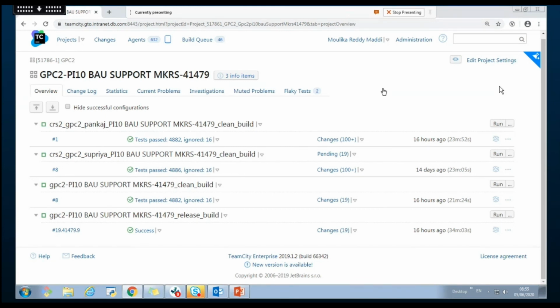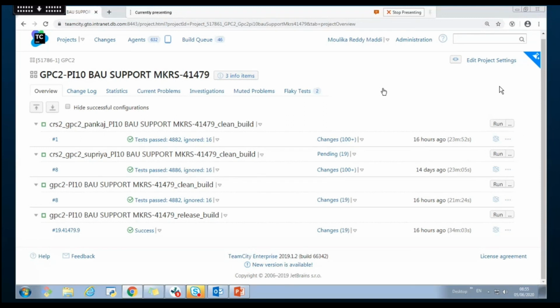Like we have seen before, you'll see the commit IDs, the person who made the changes, and what file has been committed. That is where you will see everything in the change log.